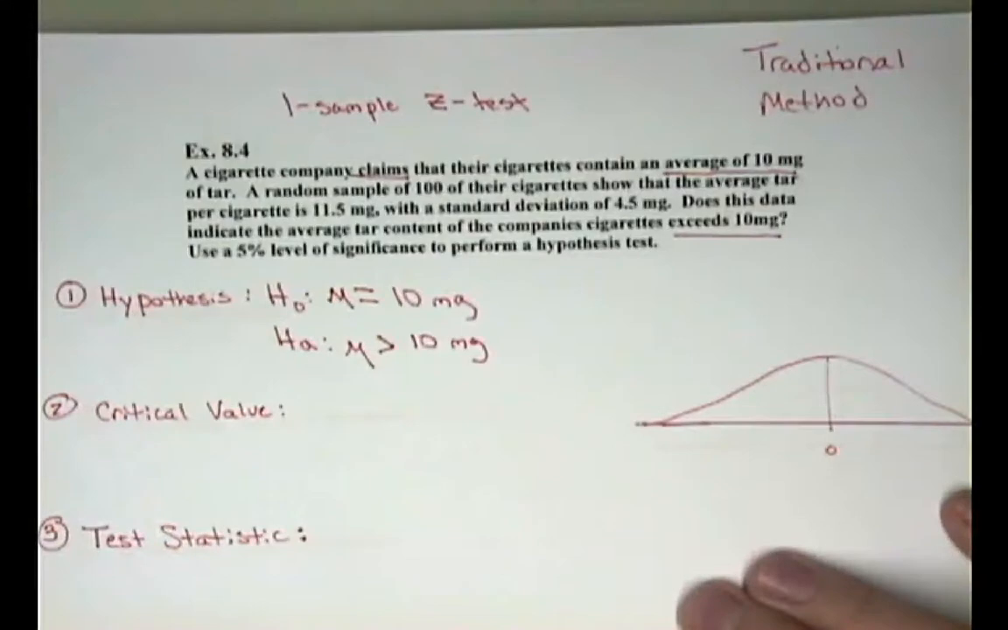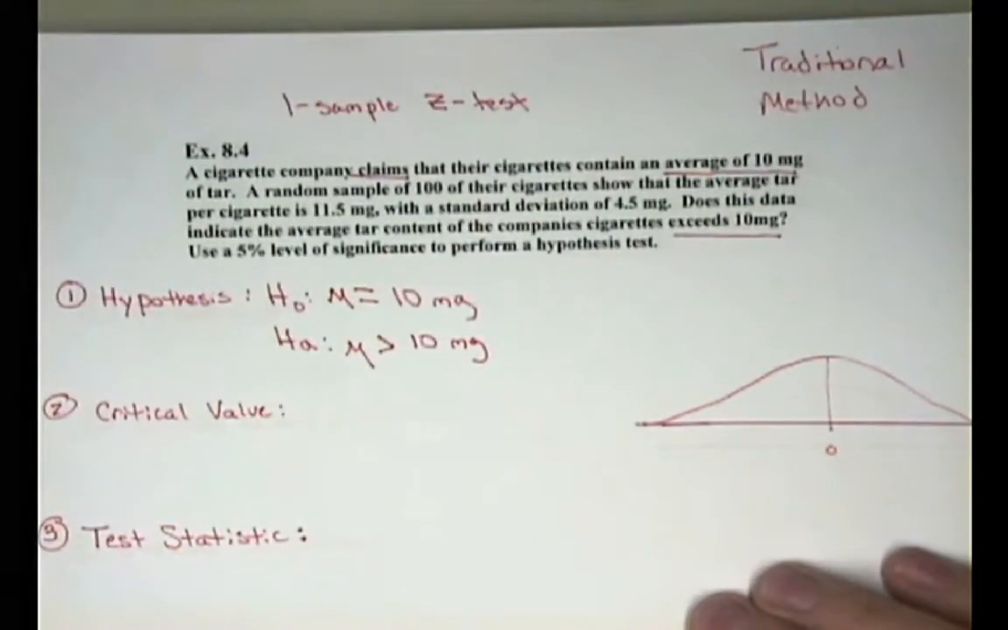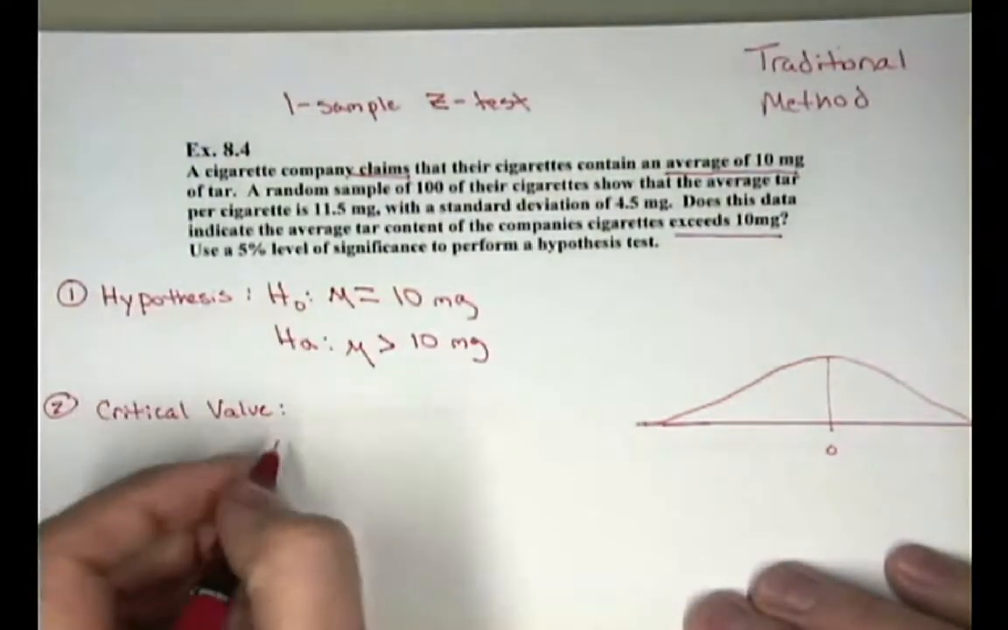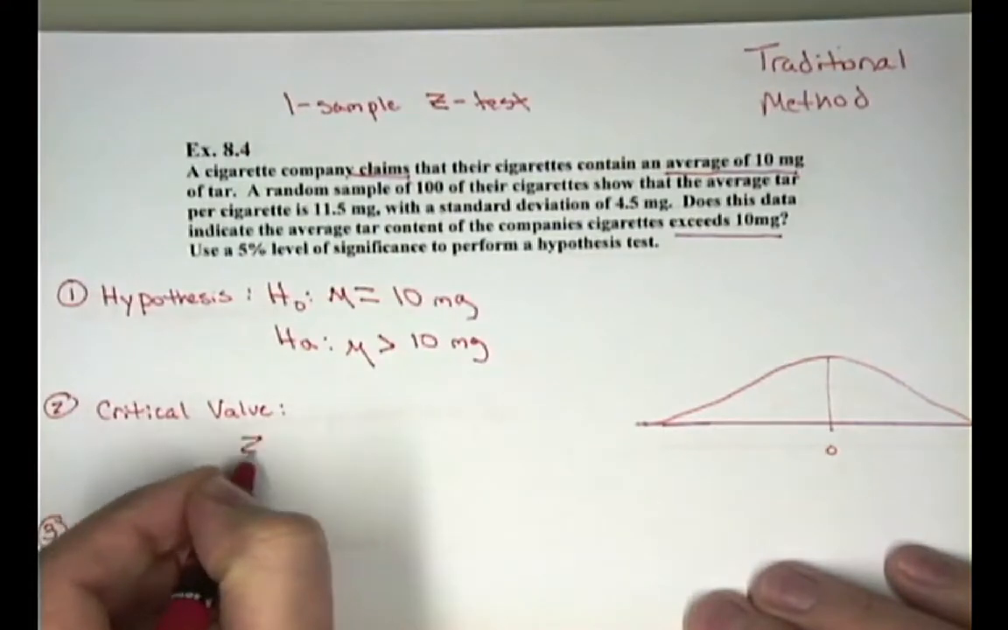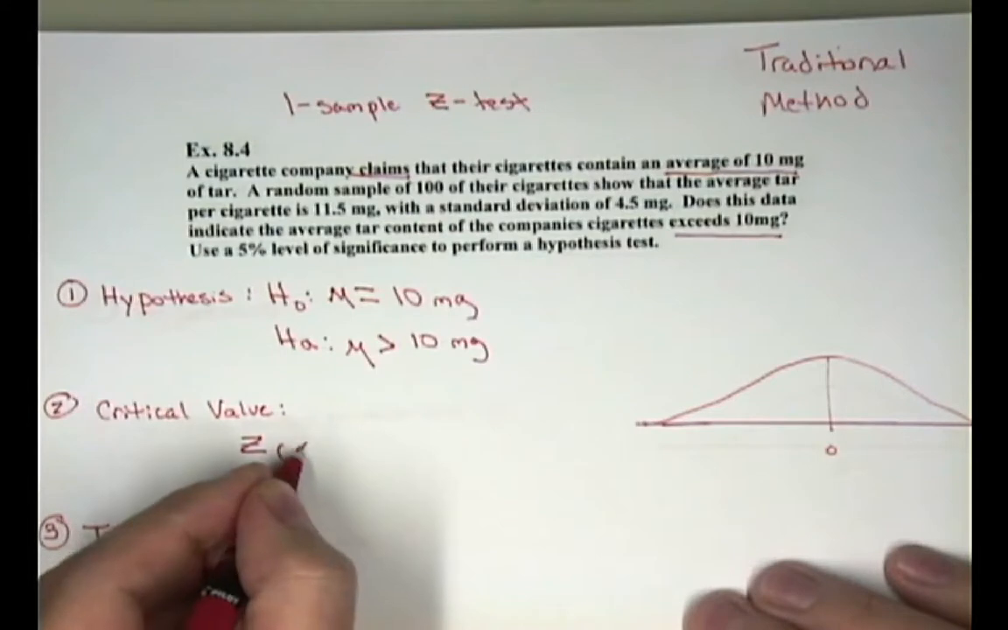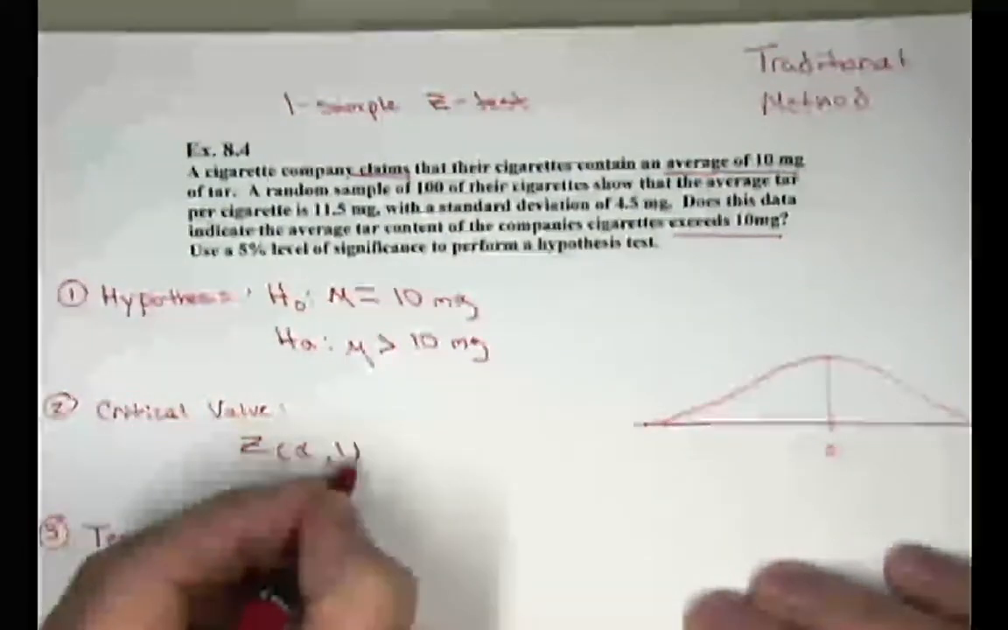Right? Once you get your hypothesis set up, you're going to locate what is called a critical value. And this is a one sample z-test where we assume we know the population standard deviation. And we also have a very large sample size. So that is another reason to go with a z-test. We're going to look up a z critical value with an alpha level, and it's going to be a one-tailed test